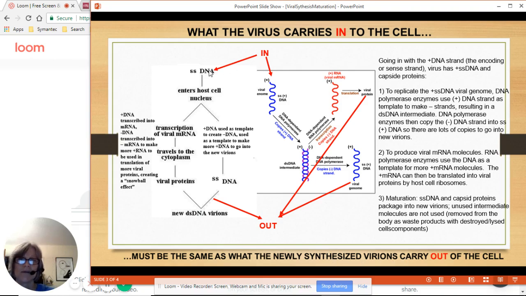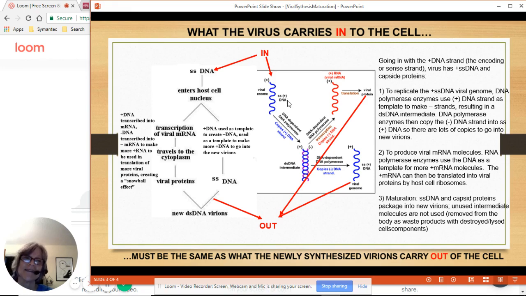So in this case, we come in with a single strand of DNA, our reading strand. This is what enters the host cell. It also is surrounded by that protein coat. So what comes out has to be more of those proteins that build the protein coat, as well as that single-stranded DNA. So what we're going to do is use DNA polymerase to take our positive DNA strand, use it